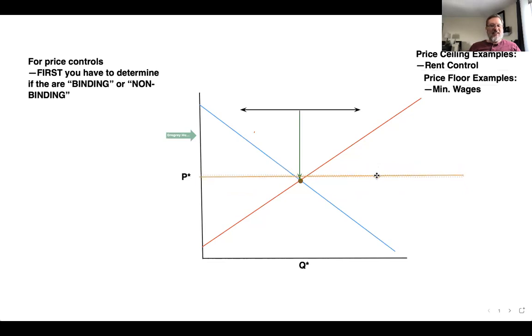And if it is going to be binding, is it going to be binding a little bit, generate a little bit of unemployment, or is it going to be really binding and generate a lot of unemployment? Yeah, that's the issue. Okay, so I will